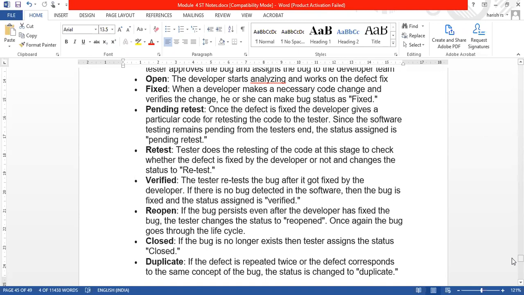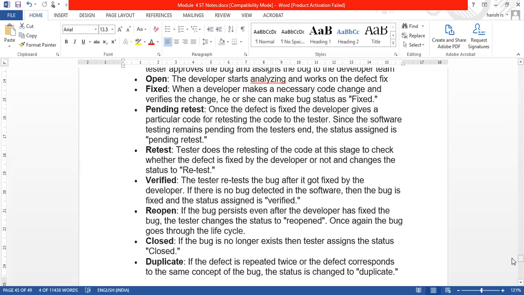That means the developing team can test the code, the defect which has been given to them. Once they finish making the required changes, the code is given back to the tester team. If the tester team is assigned that test, takes it back, and is not testing it again, then we call it pending retest.